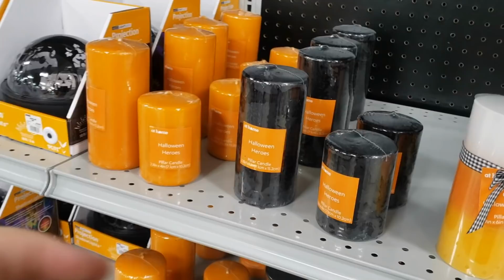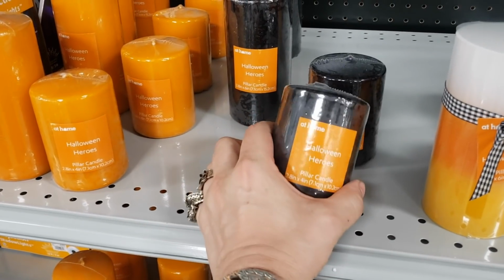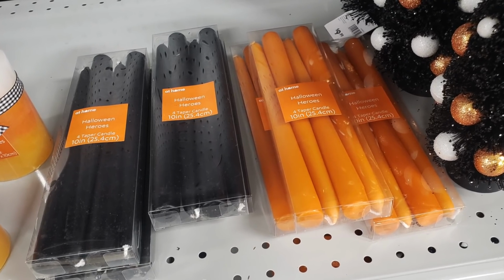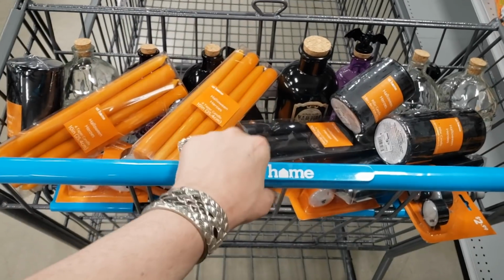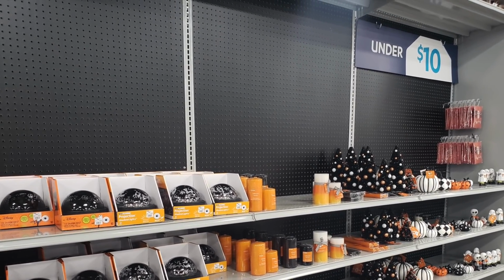I also picked up some of these pillar candles. My only complaint is that they're not scented. I do prefer when they are. I almost left this section, then I thought, oh, what the hell, I'll pick up some of the orange candles as well. Now, as you can see, there's a lot of empty space, so in July, they still hadn't put